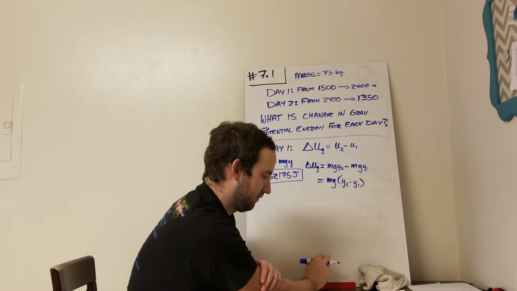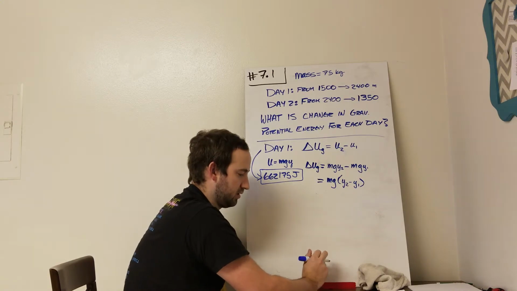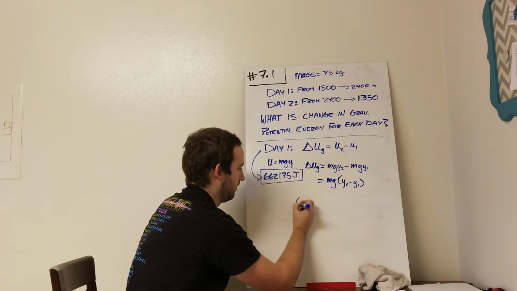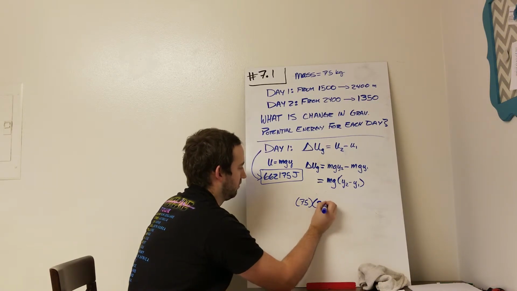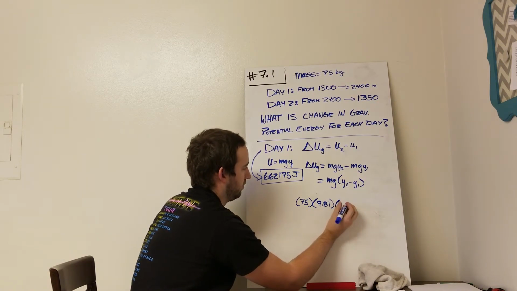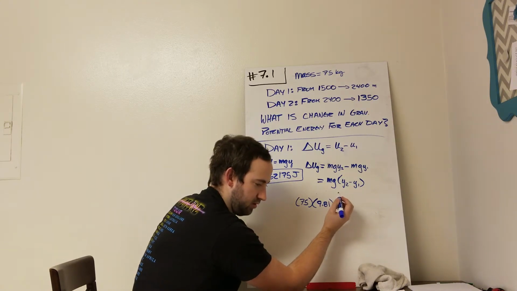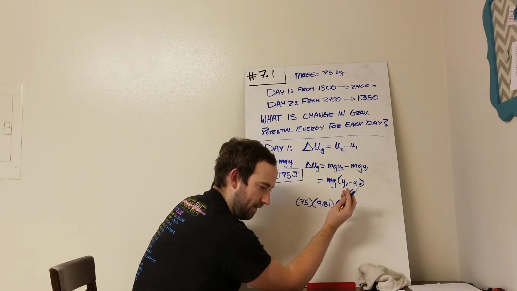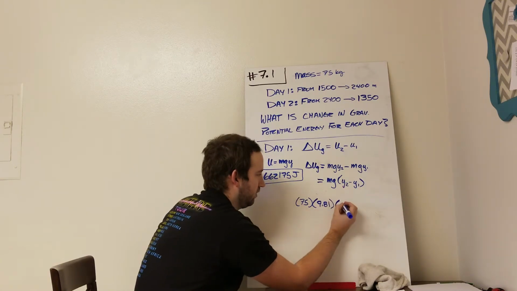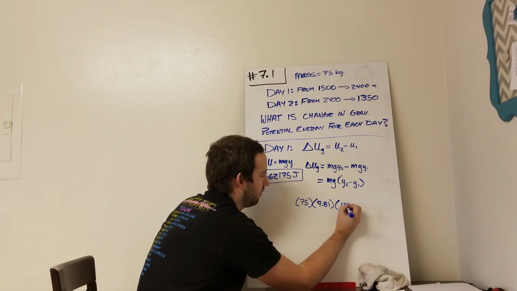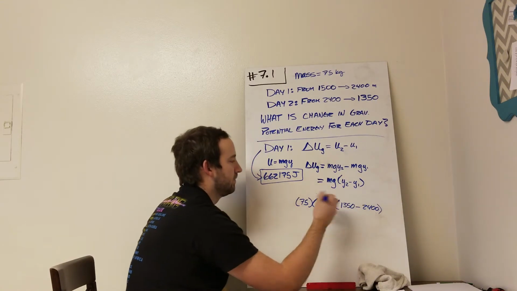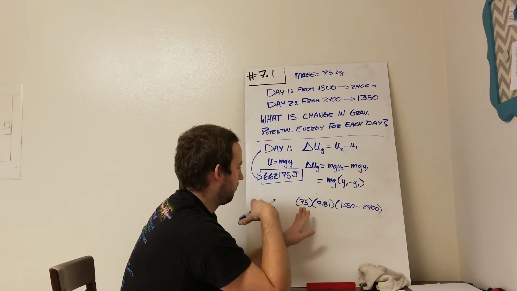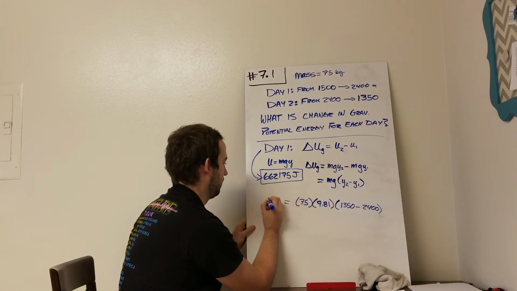So we know that mass is 75, gravity is 9.81, and then y2 is going to be 1350, y1 is 2400. When we do this, this equals